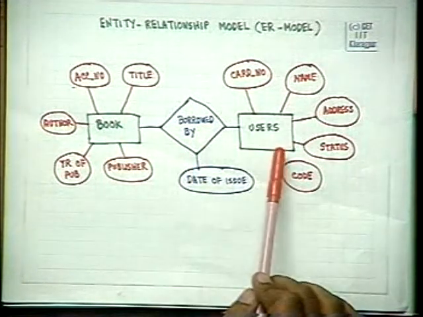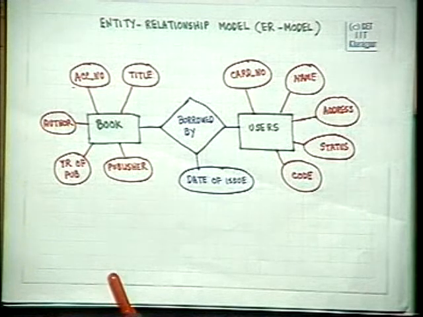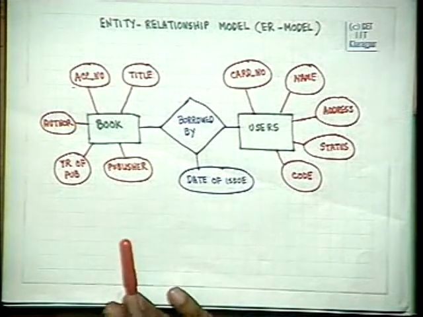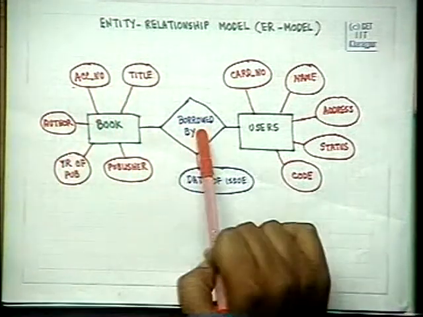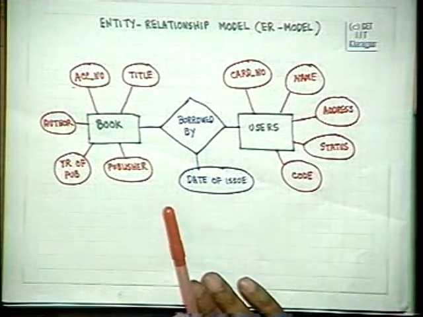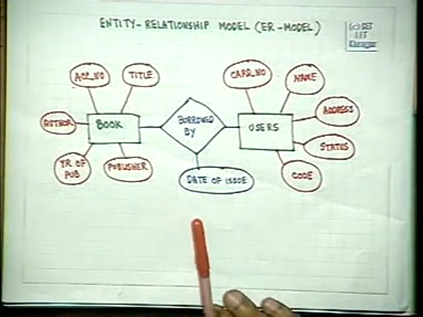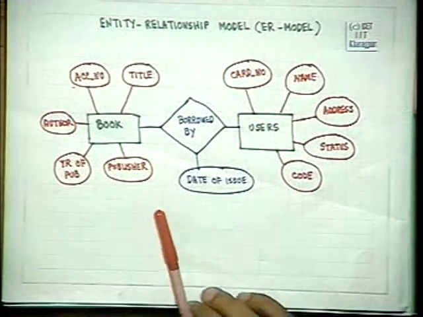This is also a set of attributes, this is also a set of attributes. It is not a question of efficiency that we will consider now, whether there will be so many duplications of these attributes here or there. That efficiency issue we will tackle later on. Here we will tackle the issue of whether we are accurately modeling the information. Whether more space is being required, less space is being required is an issue which we shall tackle much later. Our point here is, and our botheration is, are we accurately modeling the system?